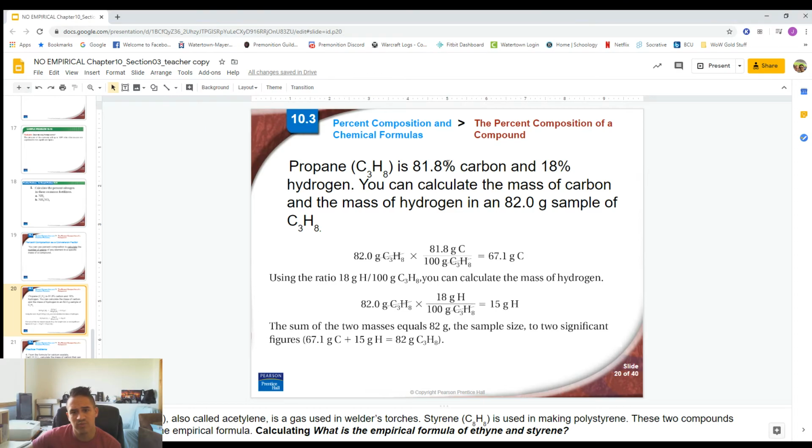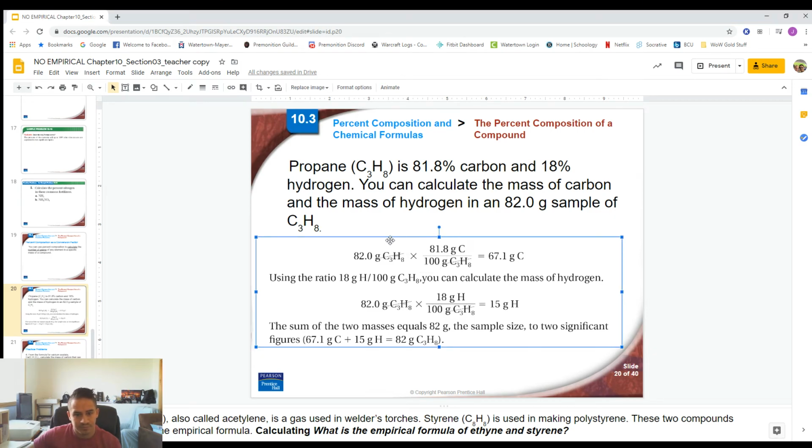So propane is 81.8% carbon. I rounded up to 82. They just took it more specific. So 81.8% carbon and 18% hydrogen. You can calculate the mass of carbon and the mass of the hydrogen in an 82 gram sample of propane by doing this as follows. So if we take 82 grams of propane and we multiply it by 81.8 grams over 100,